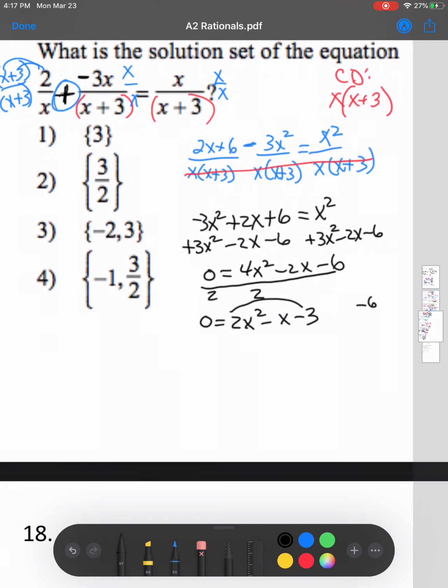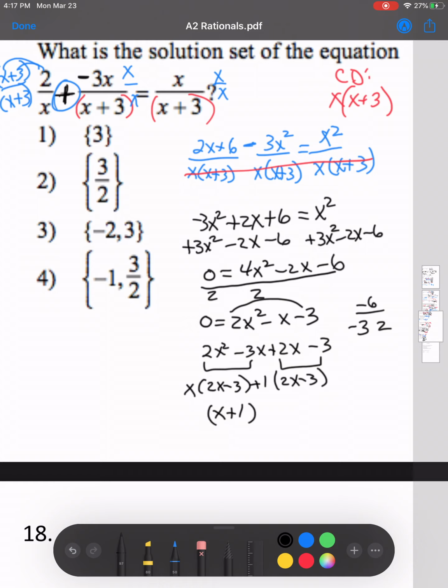Front times back is negative 6. Negative 3 times 2 will add up to the negative 1 in the middle. So fill those in. Hopefully this factoring stuff is old hat for you. GCF of x, GCF of a positive 1. So I get x plus 1 and 2x minus 3 equals 0. Set each one equal to 0. So x equals negative 1 and x equals a positive 3 halves, which is choice number 4,